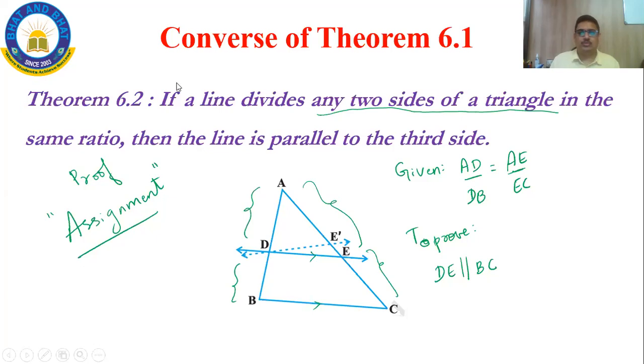You have to prove the converse theorem, Siddhant. This converse you have to prove. You have to write the statements. See how for 6.1 I wrote statements, area of ADC, area of DBE, that I wrote as equation 1, equation 2, but then I wrote a statement that triangles between the same base and parallels will have the same area, because of which I concluded that AD by DB is equal to AE by EC. So I gave this step-by-step proof. I want you to study the step-by-step proof of theorem 6.2 and practice. Is that clear?